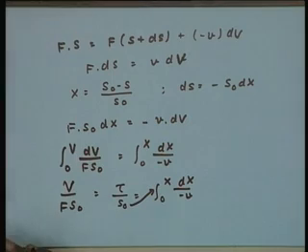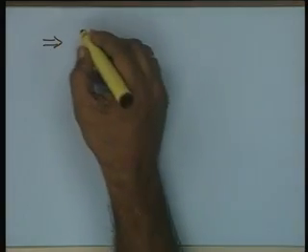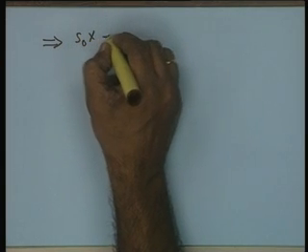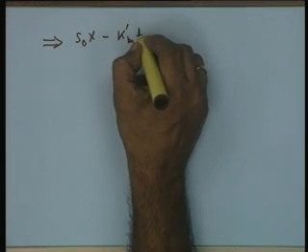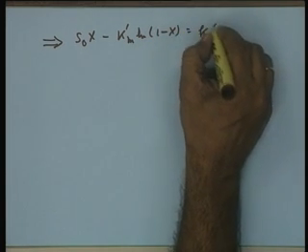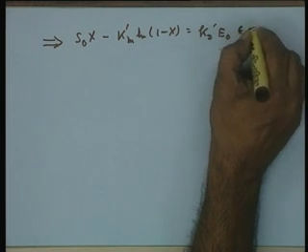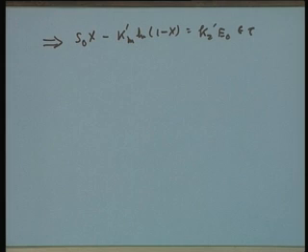The performance essentially will be identical to a batch reactor, with the difference that the reaction time here is replaced by space time, and the reactor performance therefore, on the same lines, you can write as S naught x minus k dash m ln 1 minus x equal to k2 dash E naught epsilon into tau. Now, I must also mention here the term epsilon.